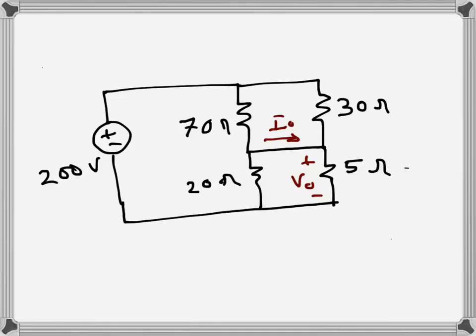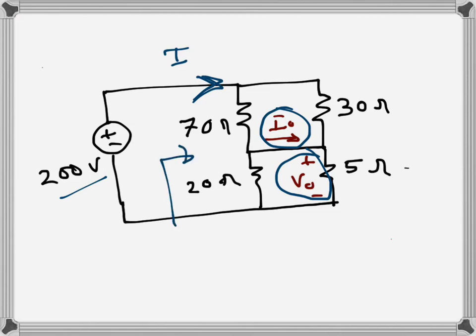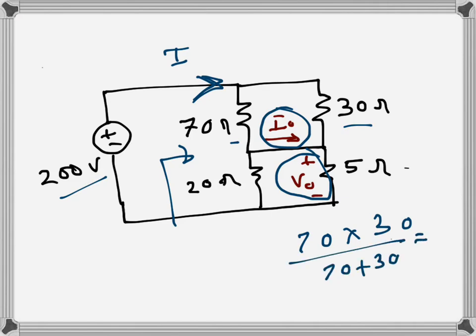In this circuit we need to find current I naught and voltage drop V naught. So we can see that there's a voltage source here, and if we want to find this current, let's call it I, we first need to find the equivalent resistance as seen from here. So 70 ohms and 30 ohms, these two are in parallel, so that will be 70 times 30 over 70 plus 30, which is 21